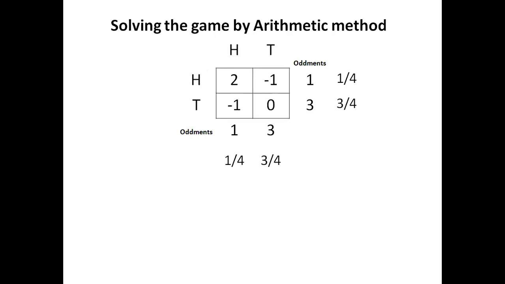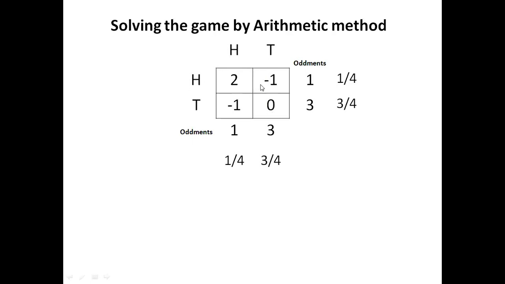But here he is using a mixture of two. So one gives 2 rupees, another one gives minus 1. But this 2 rupees is weighted by the proportion 25%. That is 2 into 1 by 4 plus minus 1 into 3 by 4 is the total payout, or the total amount won by player 1 when player 2 is playing a single strategy. Okay, and similarly here, when player 2 is playing the second strategy, then how much amount is player 1 going to win?